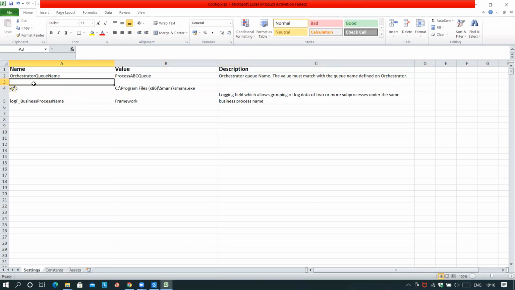I want to take the key as input list, and then my file path is data slash input slash,